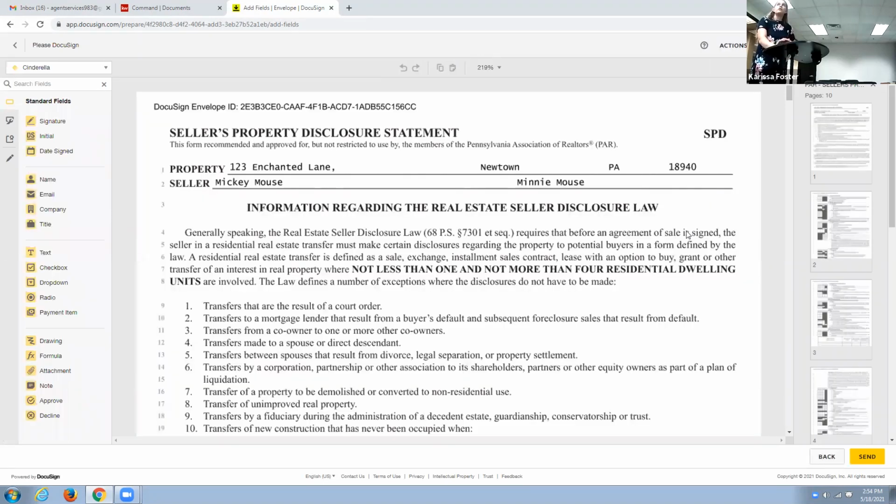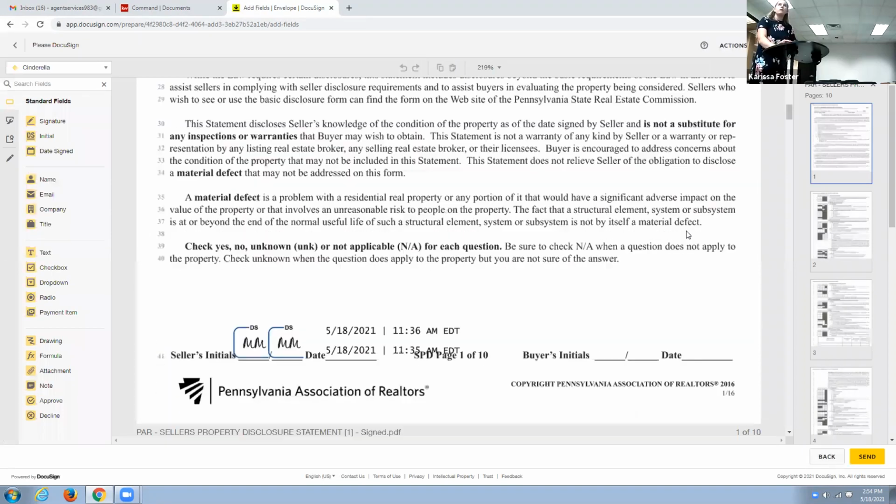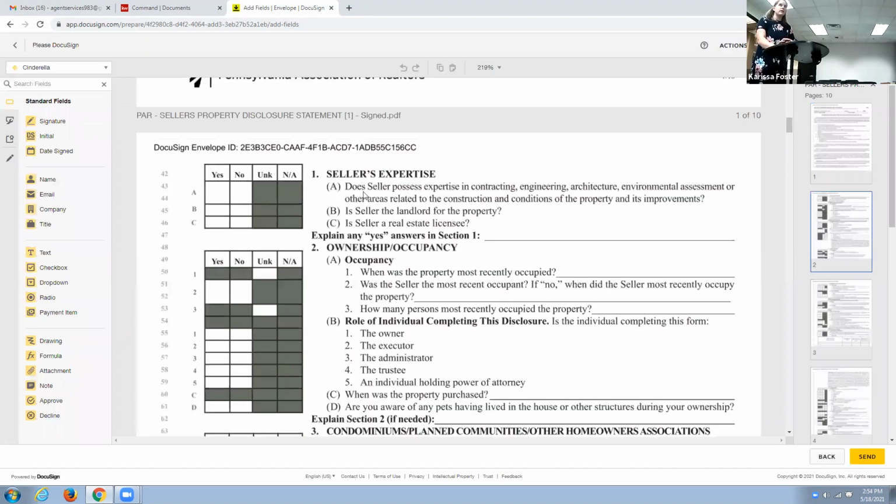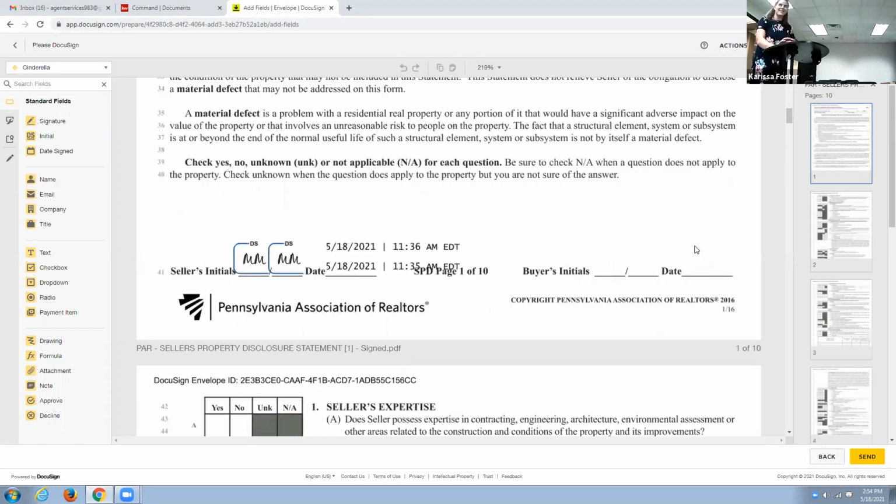Okay, so here we are. The seller signed it. Pretend the seller filled it out, it's going to take me too long to fill it out. So our buyers are initialing to say that they've read this,